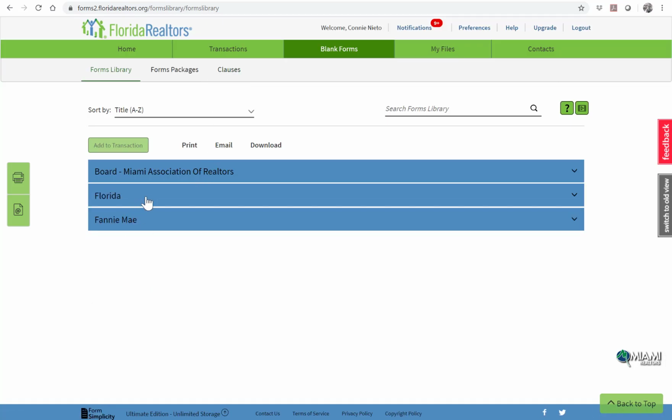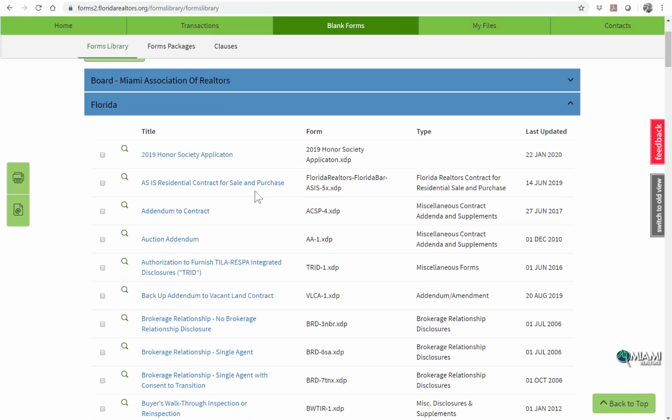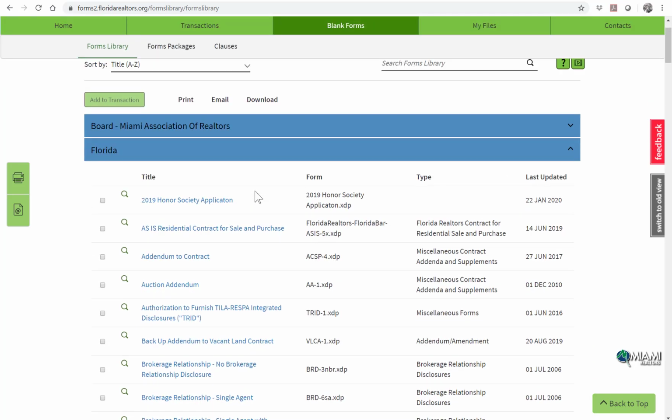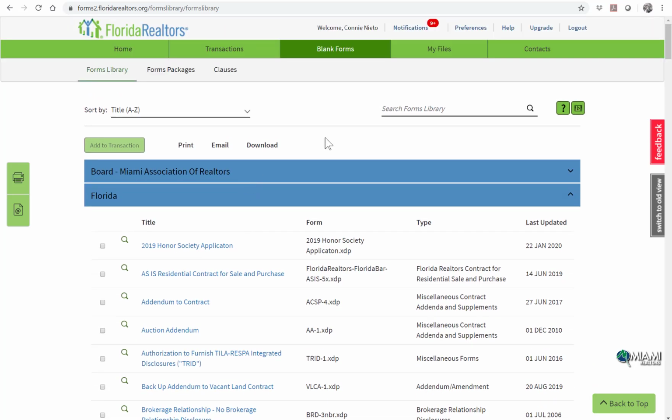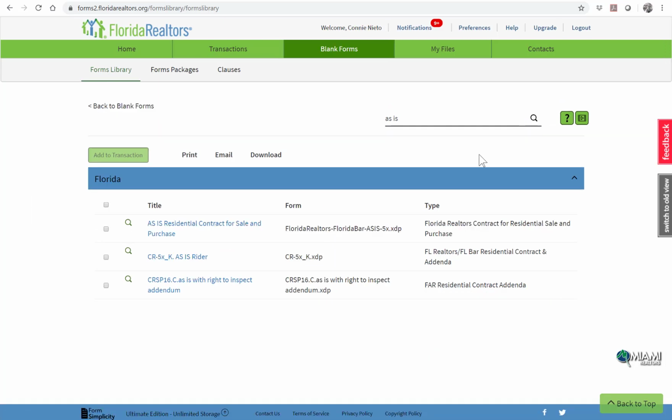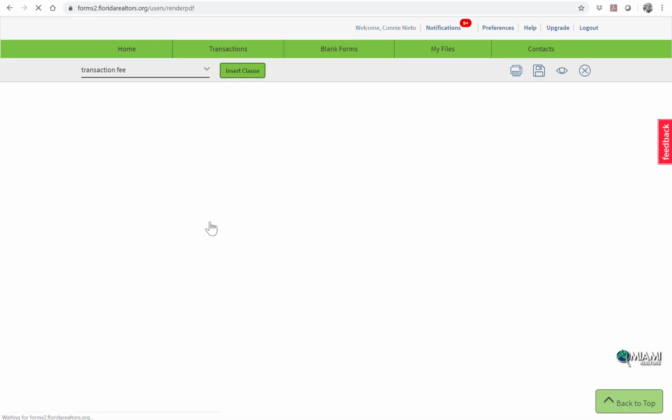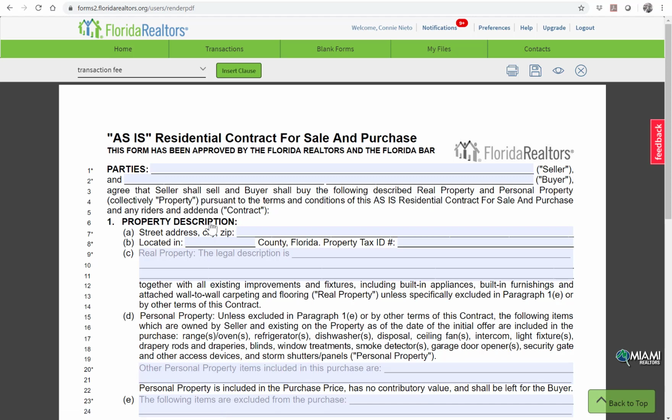Notice that if you open up Florida, you will find all of the Florida forms in alphabetical order. If you were searching for one in particular, you could come here, search Forms Library, and type in the as is, or the form you're looking for, select to search. If you would like to open to review it, simply click. When clicking on the form, it will open up in an HTML format available for you to type into. You can come in, type,